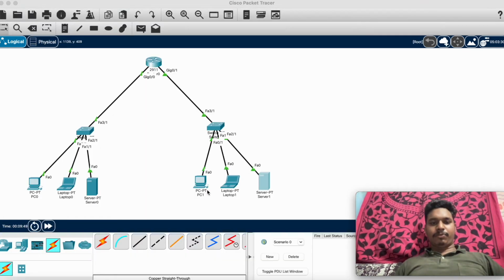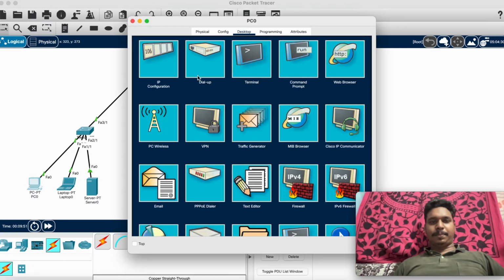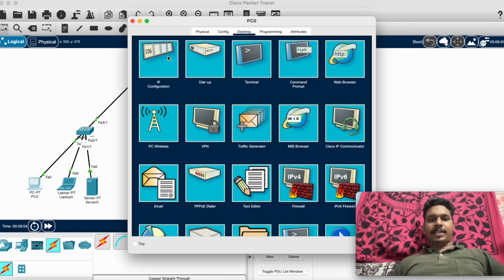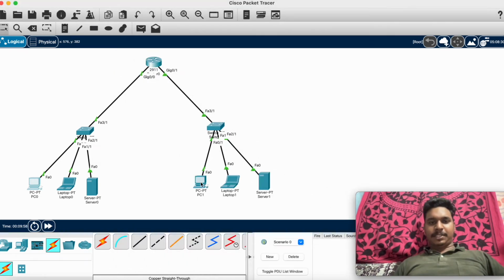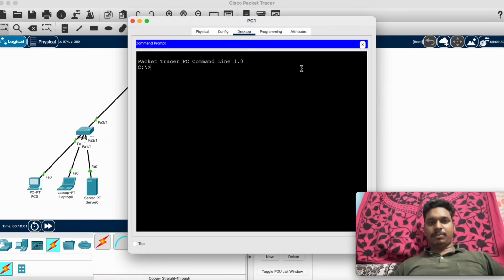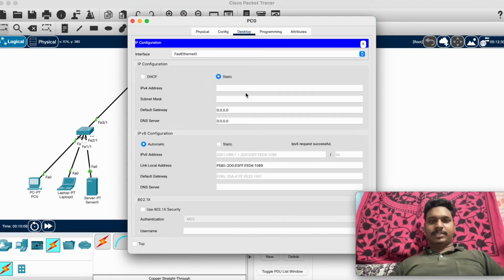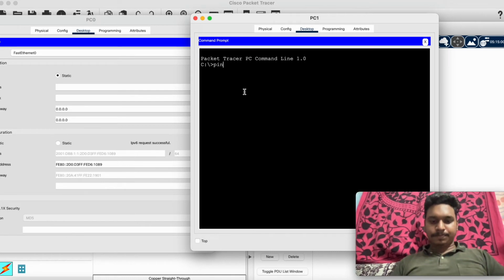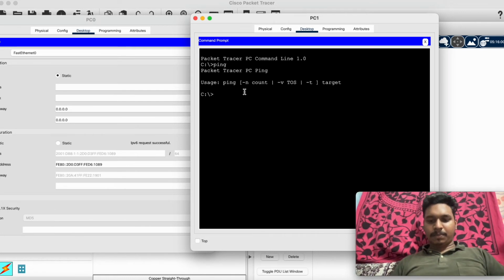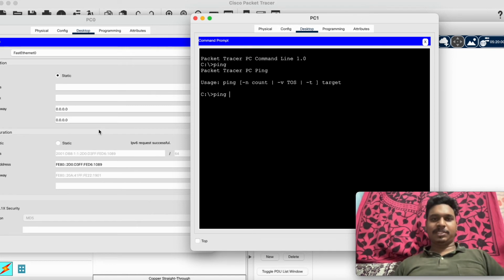We will take this PC and take its IP address, and let us go to the next PC, open the command prompt and ping, and check whether we are going to get successful routing or not. So let me give ping with the IPv6 address present in PC0. Now I need to enter this in the command prompt of PC1.